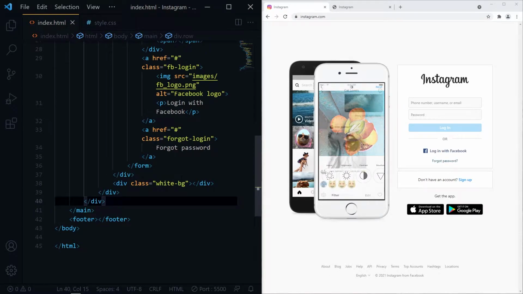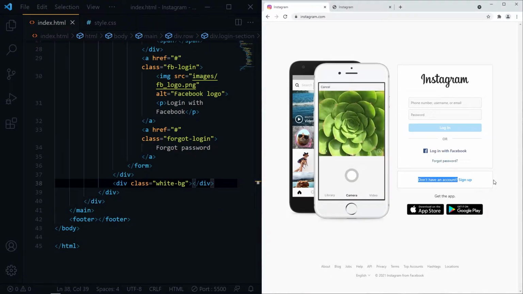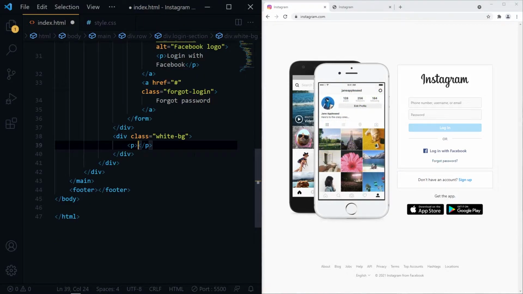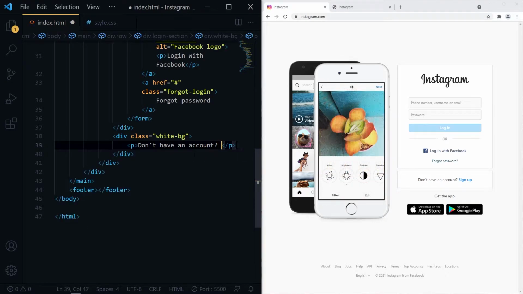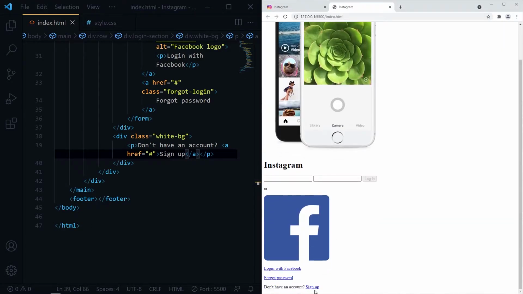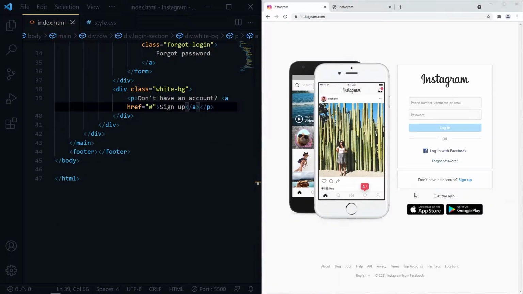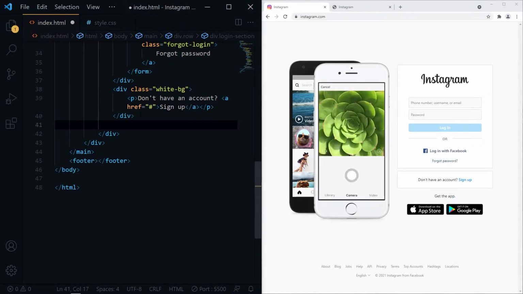Our first white BG contents are finished. For the second one, we have a text and an anchor tag. Now for our last container in our main, we have plain text and 2 images inside anchor tag.